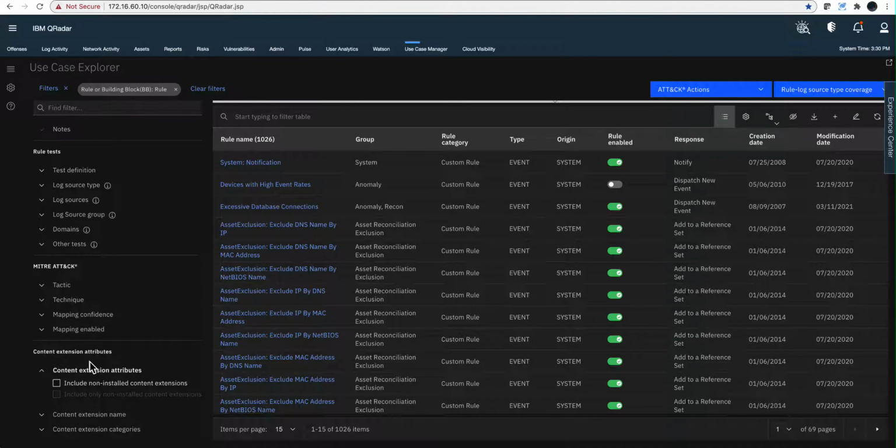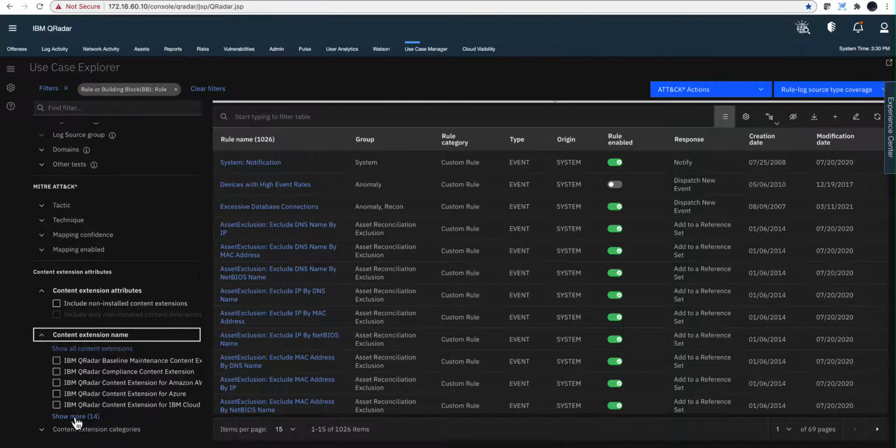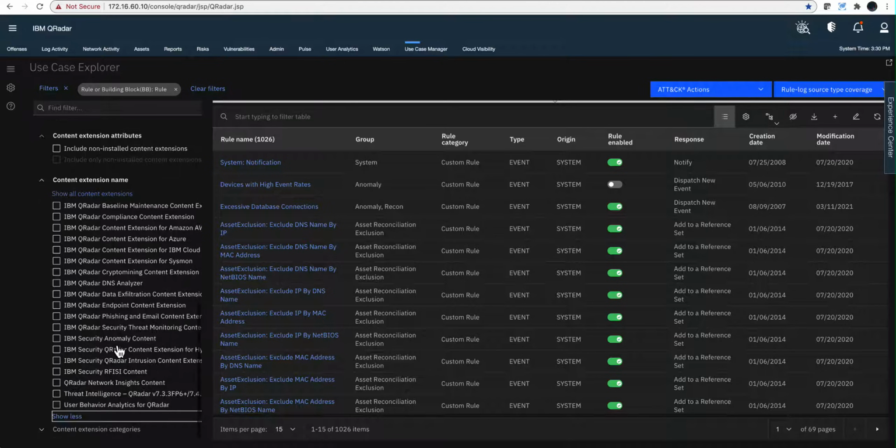That's another name for apps. So you can actually look, and this is a button to say, well, show me the stuff I don't have installed. More on that later. But you can actually go here and see the names of the content extensions that are out there. So if we look at this one and apply that filter,